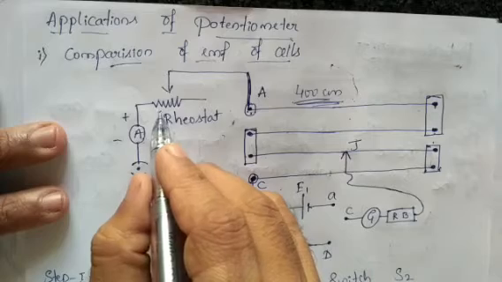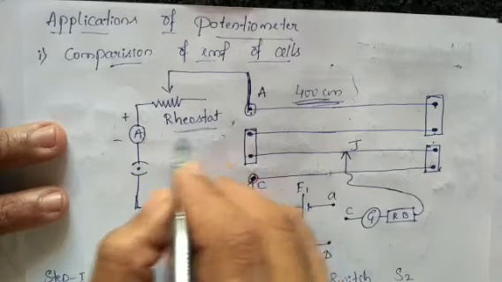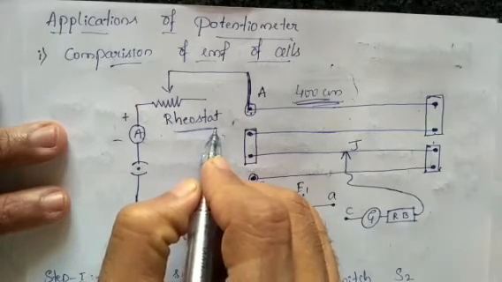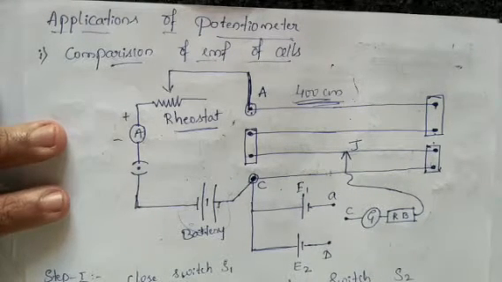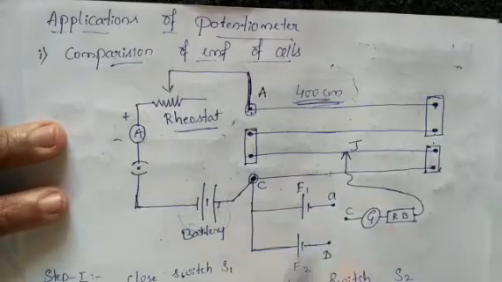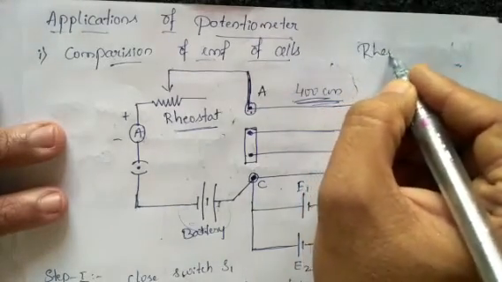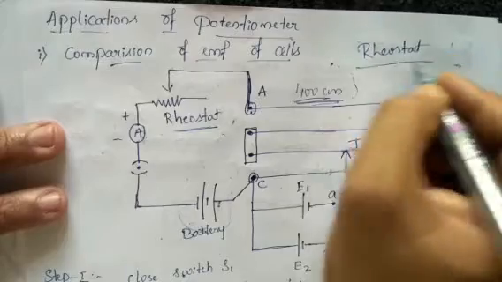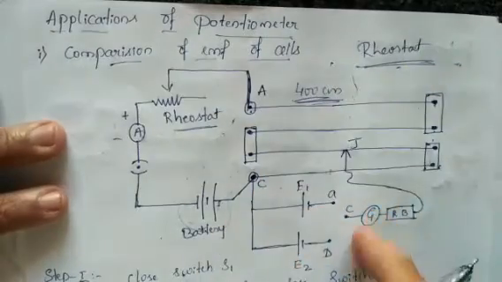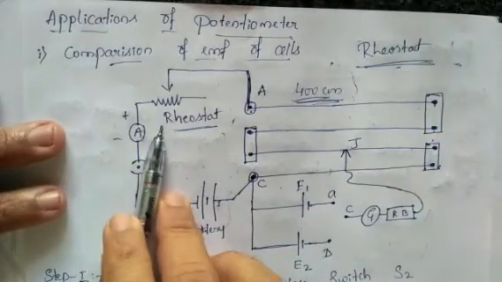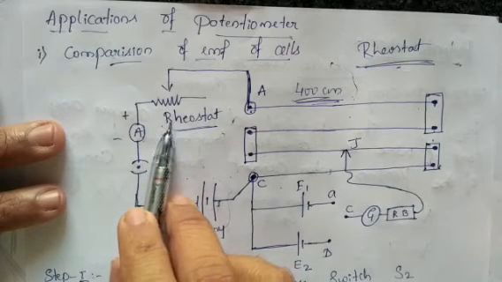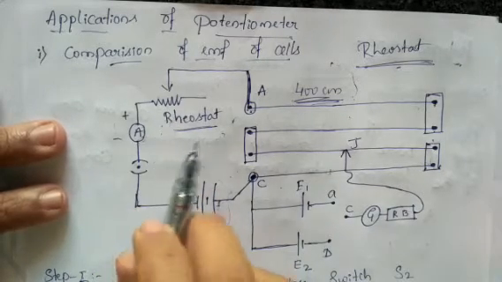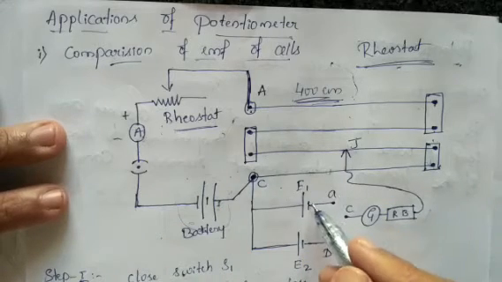Now, this is a particular device called a rheostat. A rheostat is a device which is used to make variation in the amount of resistance. So this rheostat is connected to make variation in the resistance value. Now, here we are going to observe